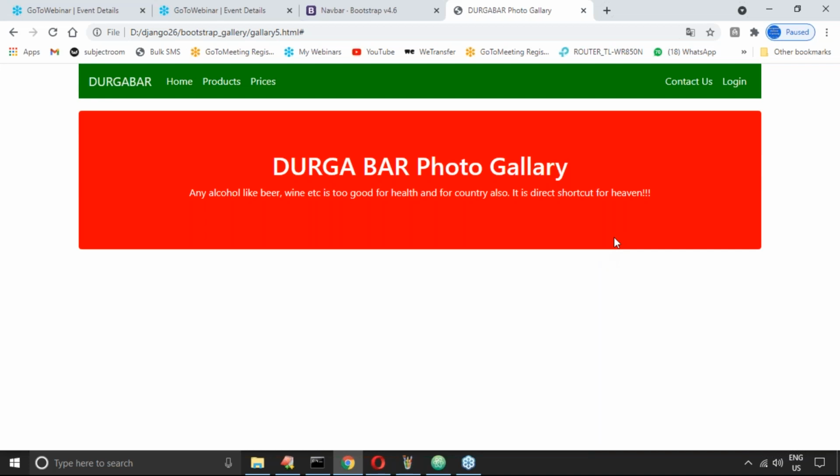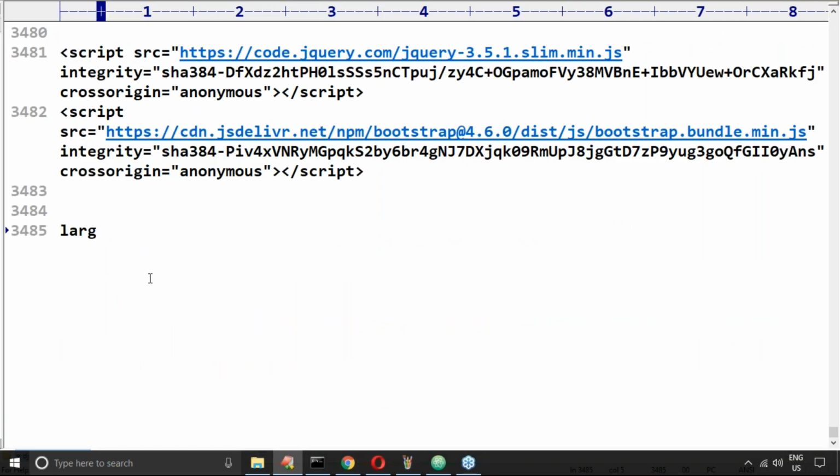What is the next thing I require to take? Grid concept. So how can we take the grid? Now my requirement is, for large screen, four images in the grid.